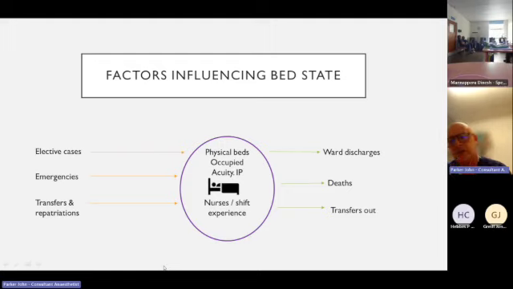A nurse could phone in sick. An elective that was going to come, it doesn't need to come. An emergency appears out of nowhere in A&E, and so on. So in a nutshell, when we try to decide whether we've got a bed or not, it's nigh on impossible to accurately predict if we know for sure a bed is available,